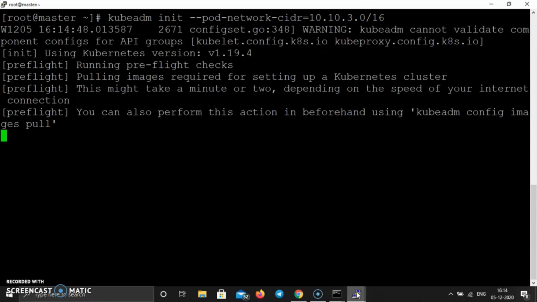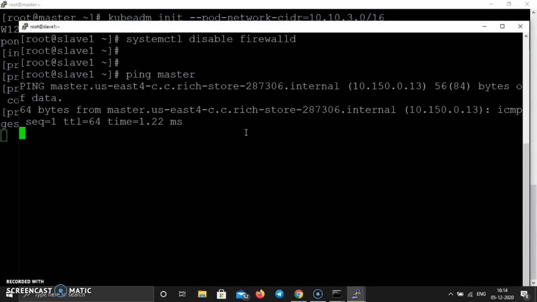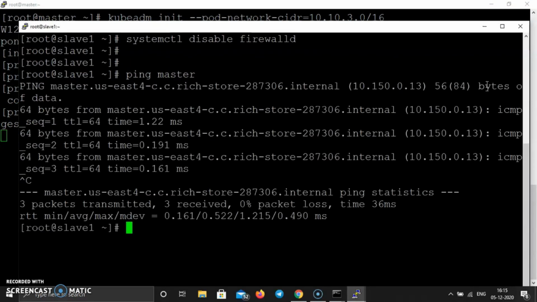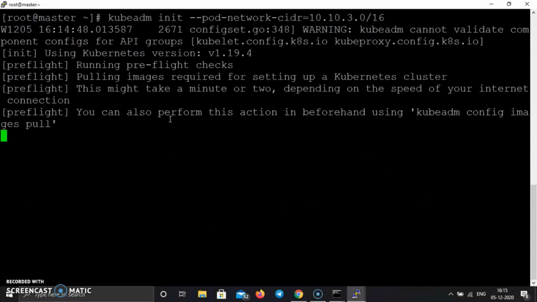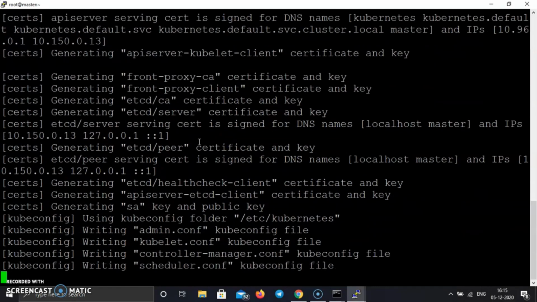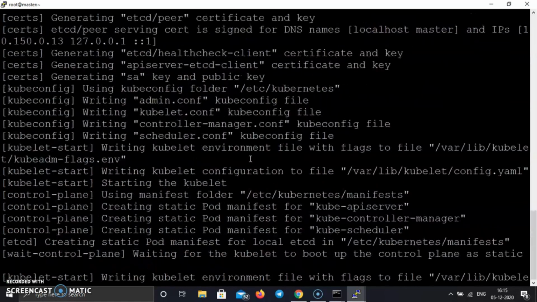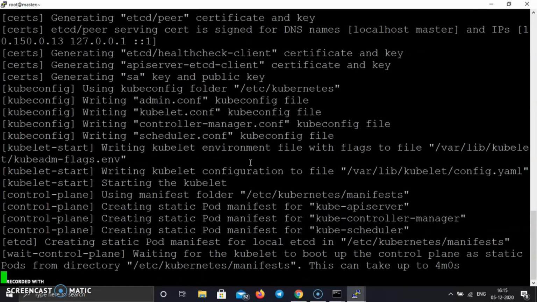You can also check the connectivity to the master node by using ping master. We can check the ping command. So they are pinging each other. That's good. Now let's wait for some time. It will create this system as a master node, and it will give some kind of joining command.